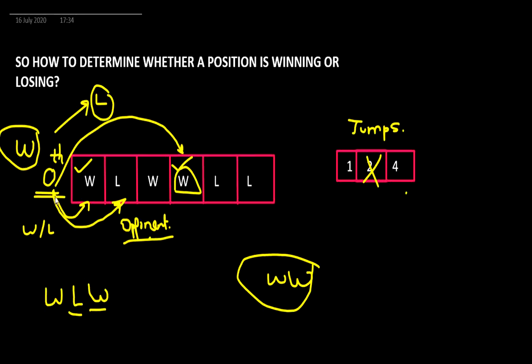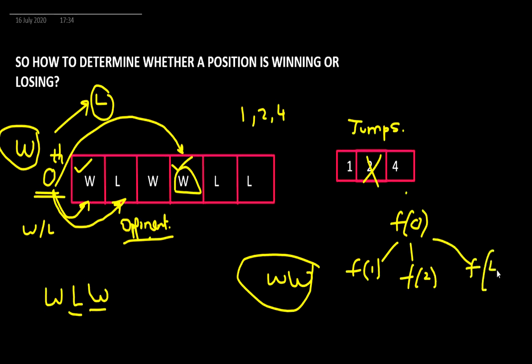It solely depends upon the state of the indices it can reach in one move. So for the 0th index, it depends on the first index, the second index, and the fourth index. Here we are kind of forming an optimal substructure. Because the 0th depends on the first, second, and fourth, let's mark it like this. So it's making calls to these positions to determine their state.